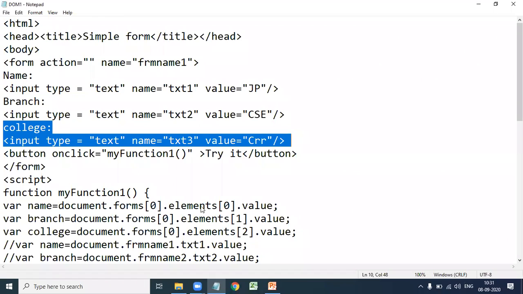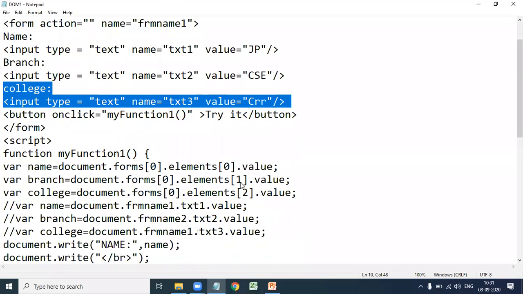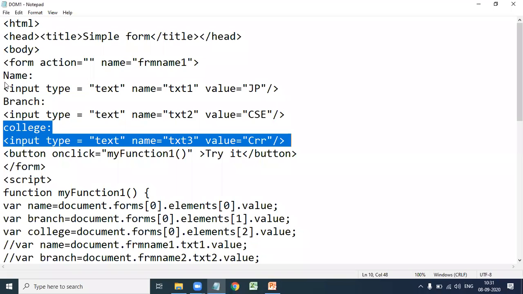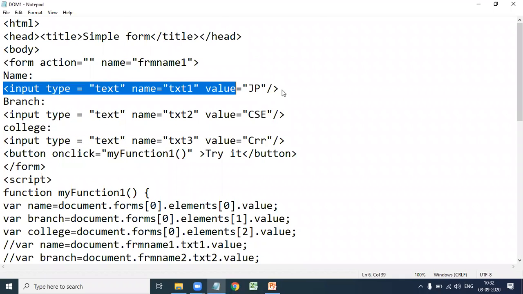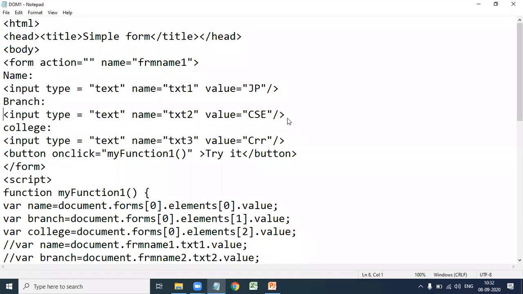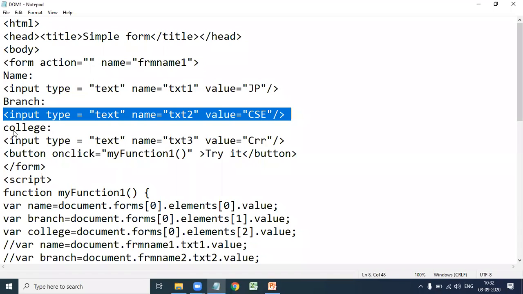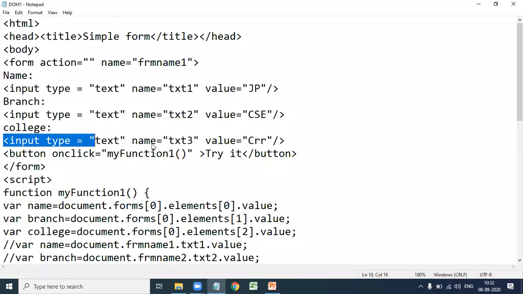Document dot forms of zero dot elements of zero dot value means the value in the first element in forms of zero, the first form in the HTML document. So elements of one means the second element. Here in the form, the first element is the first input text box, that is name. Next, elements of one means the second element in the form, that is branch. Next, the third element in the form, that is college.